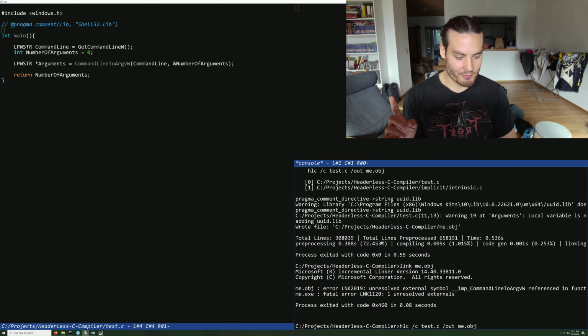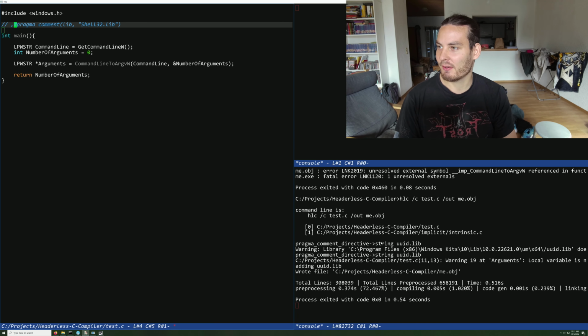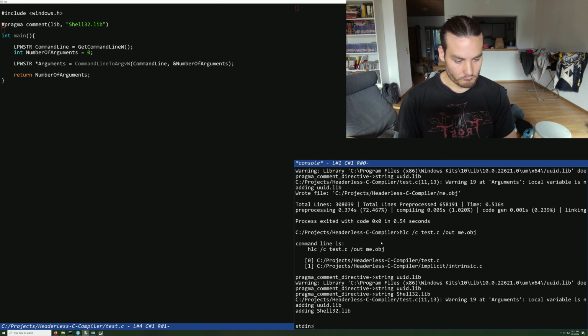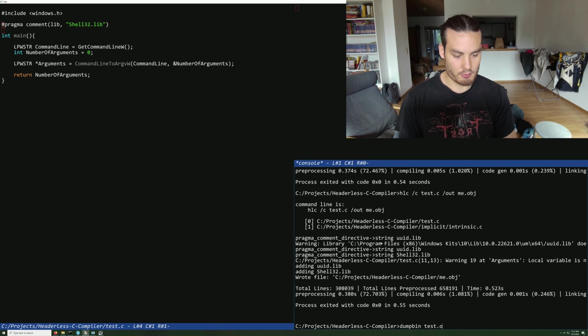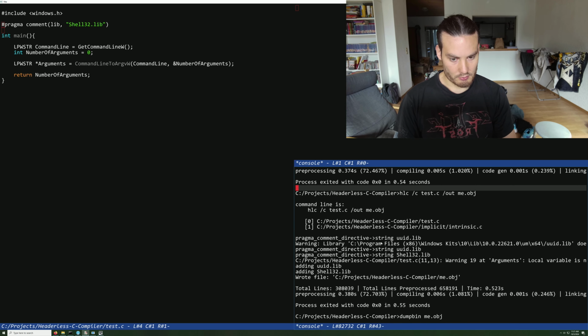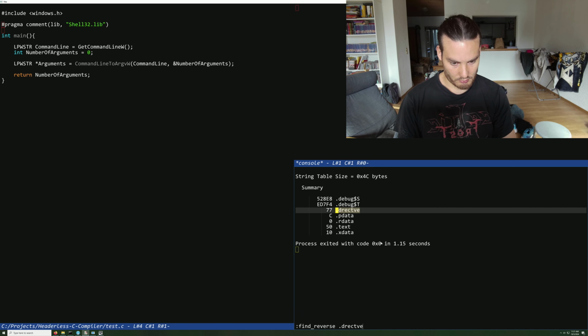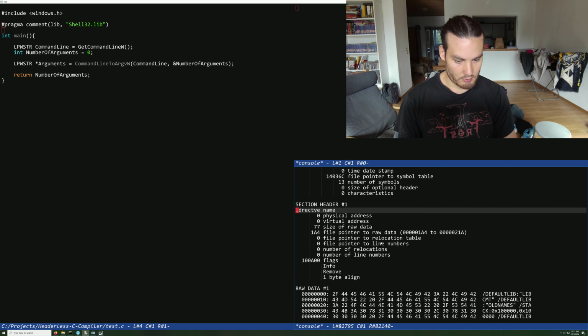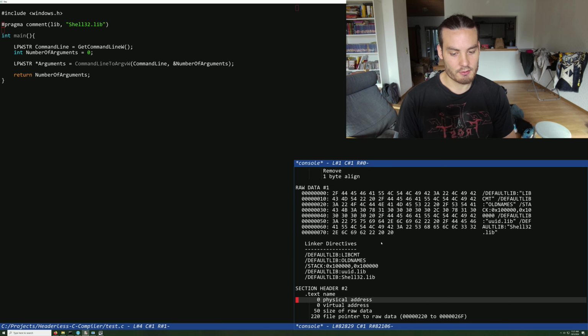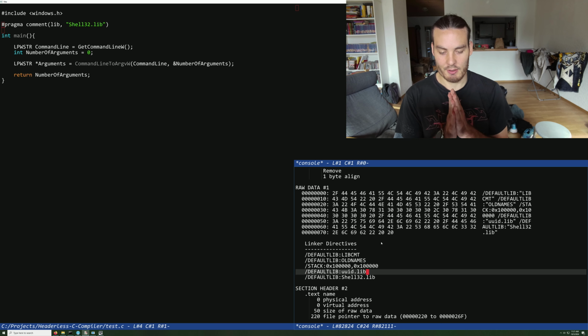And also we can quickly look into me.obj. You can now see that there is the shell API and the UUID lib included. Okay. With that, I think that is perfectly fine implemented,